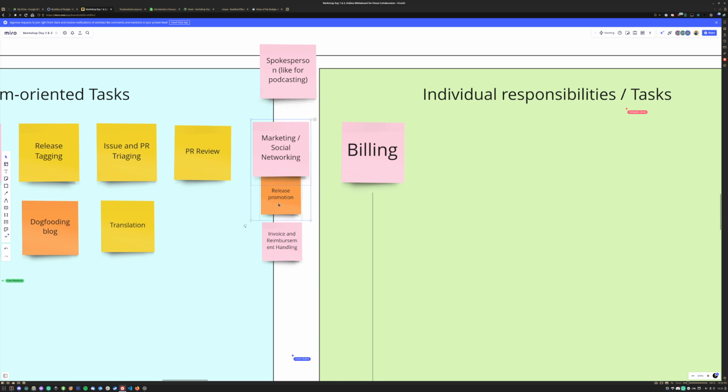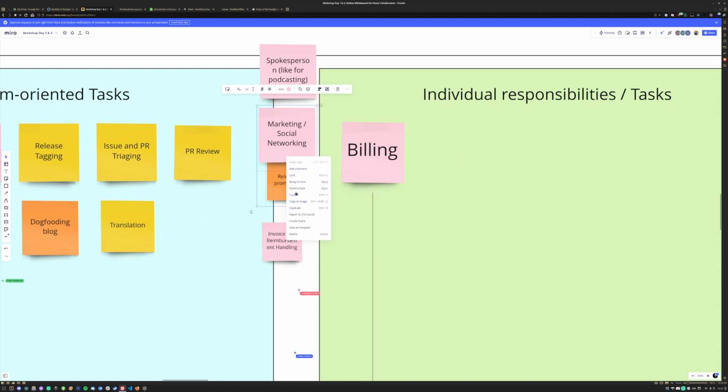Marketing and social networking go hand in hand. Release promotion. I'm going to group these up if I can. Let's see. Oh, whatever. And then invoice and